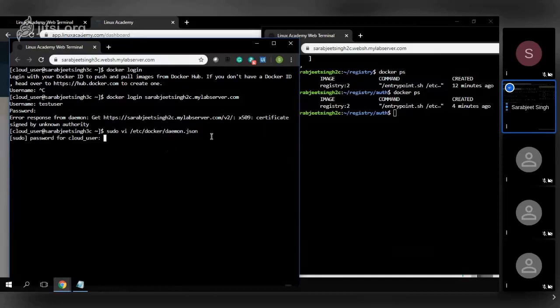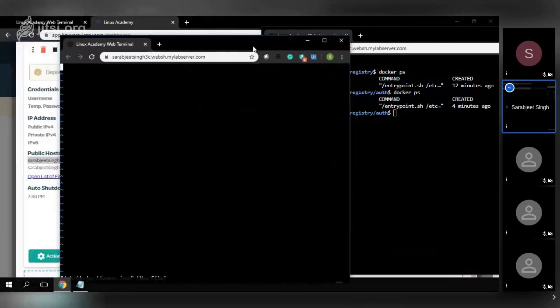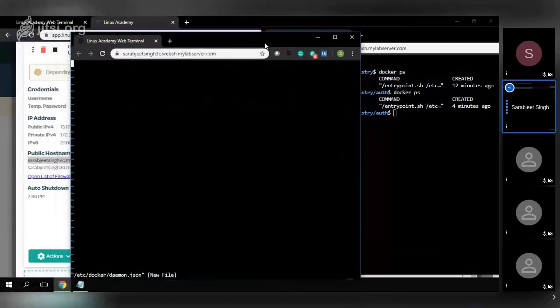So let me just edit this one. What I am doing here is bypassing that security, means I am saying, don't worry, just ignore the self-signed certificate, so don't check for the authority. But in a real scenario that is not the case. You should have your CA, certificate authority. So what I will do is I will give this insecure